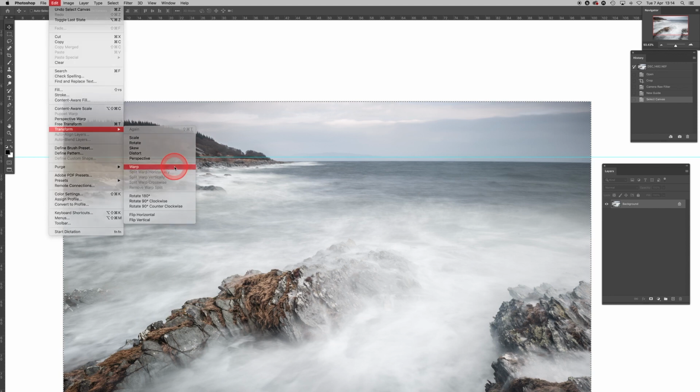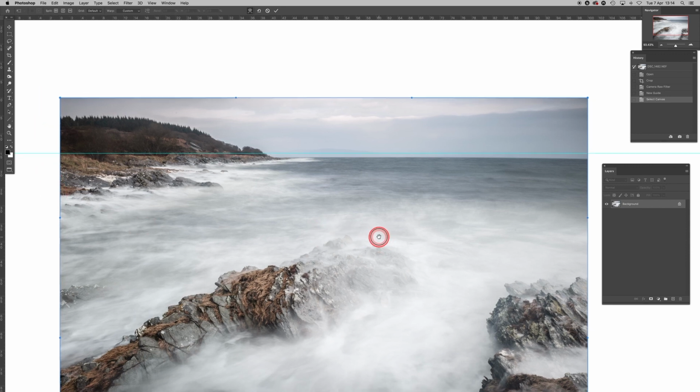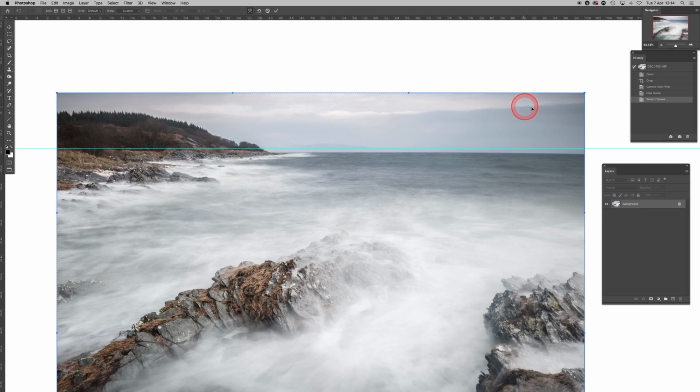Left click on Warp. Now what you'll see is the marching ants there, but also what has appeared is a blue line with little anchor dots on it here and here and here. They go round the image. What I'm intending to do is try to just pull the anchor points outwards to even the gap between the horizon line and our blue guideline. So for example, I'm going to come here, left click and drag on that, drag it upwards